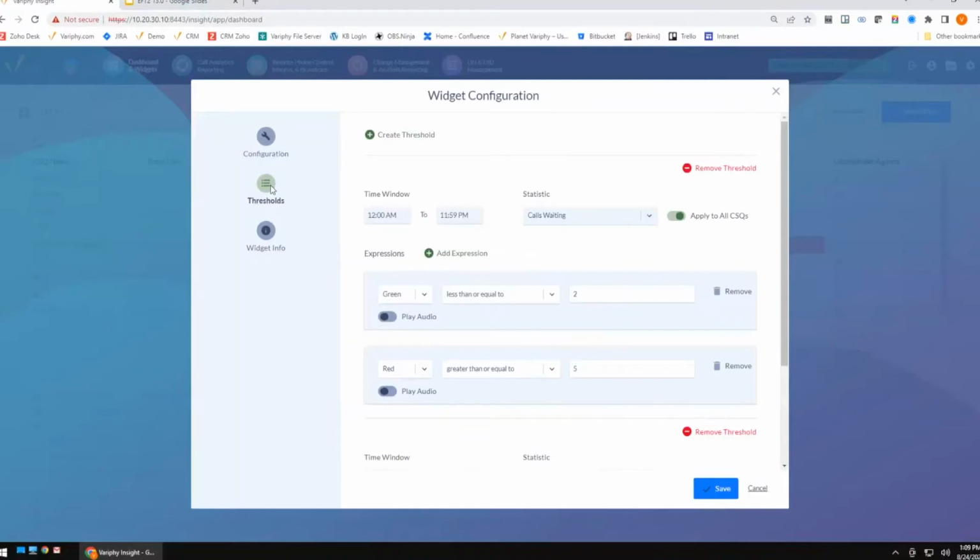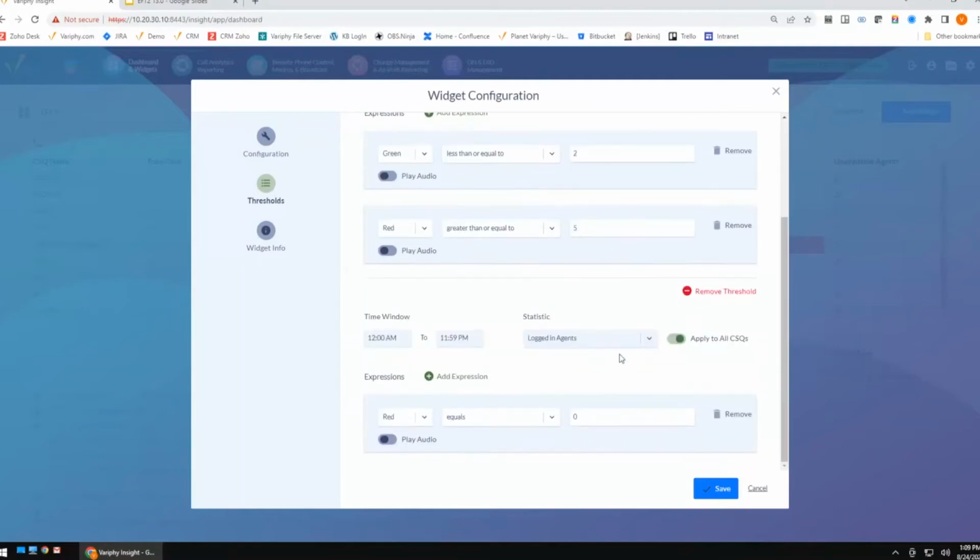Number one thing that I always like to build out when I do have my queues is something that's going to identify when nobody's logged in. That's a problem. If you've got a queue that's relatively busy and all of a sudden everybody drops, maybe phone issues or something like that, you're going to want to draw attention to that right away.